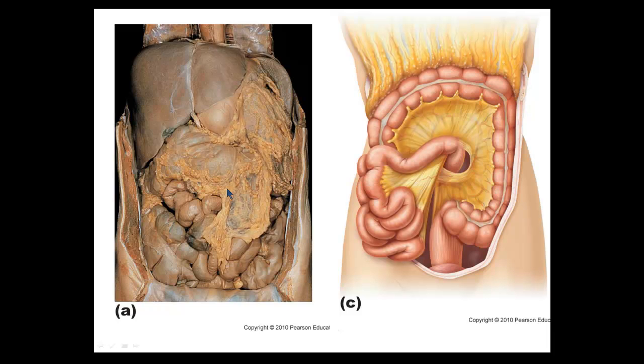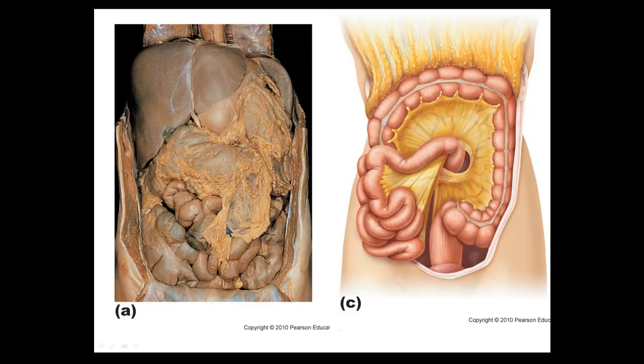So it has fat embedded into it, it has some lymph glands embedded into it, and it just provides protection as a covering over these delicate digestive organs. In this picture here we can see the greater omentum has been lifted up and away to expose the large intestine here and the small intestine here. So this is just a loose covering over the digestive cavity, or abdominal cavity, sorry,